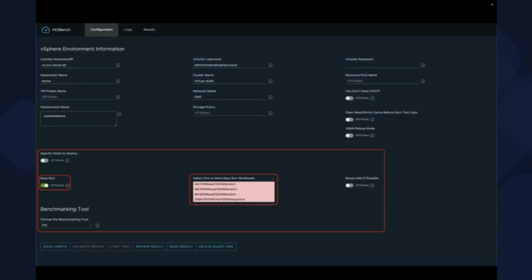I want to go back to the configuration portion because there's a couple different ways that you can tell HCIBench to actually perform I/O tests. Right here, we have the easy run option, the toggle selected. So what it's going to do is dynamically choose the amount of VMs, the resources they have, and the number of VMs that it actually creates as the workers, depending on the amount of nodes. There's 4 default workload profiles there. You see various block sizes, 4K, 8K, and 256K, and a variance of